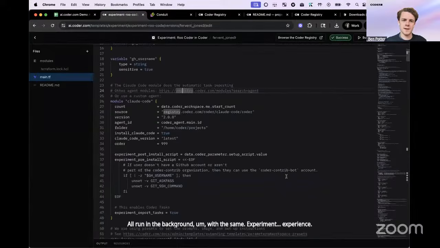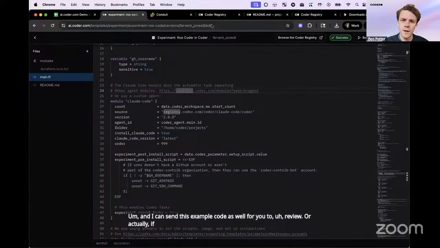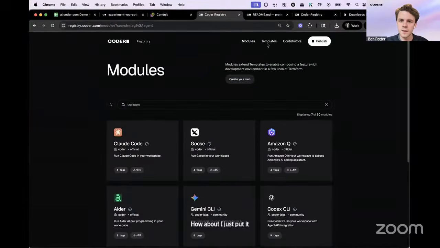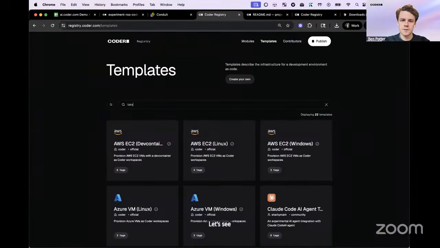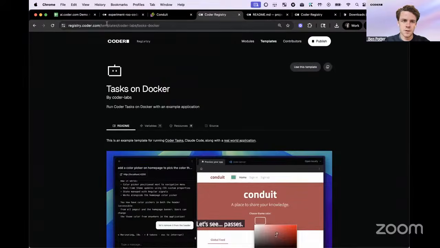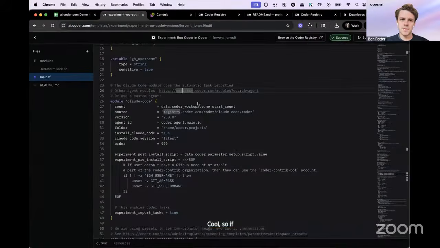And I can send this example code as well for you to review. Or actually, if you want to review it now, how about I just put it in the chat? Let's see. Cool. So if you wanted to follow along,